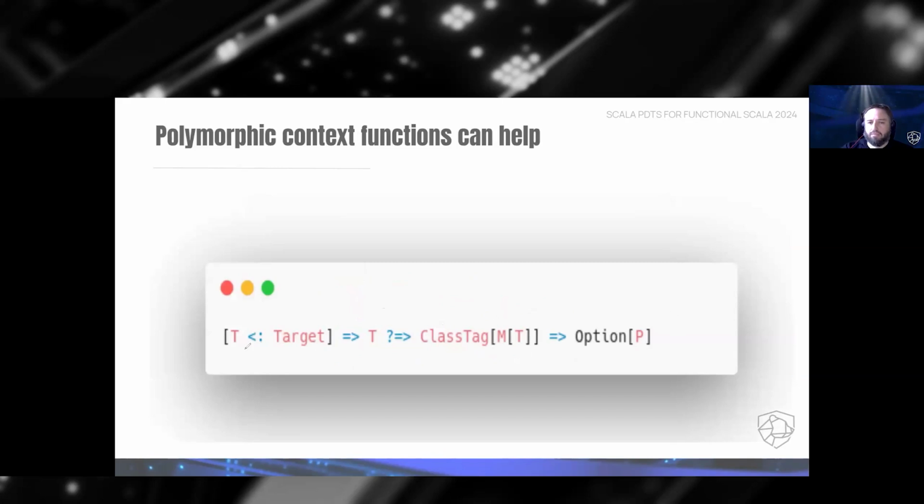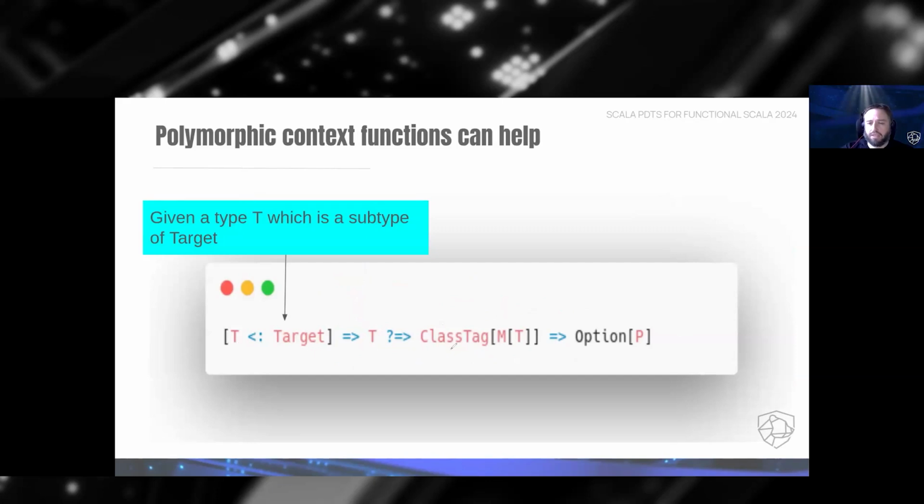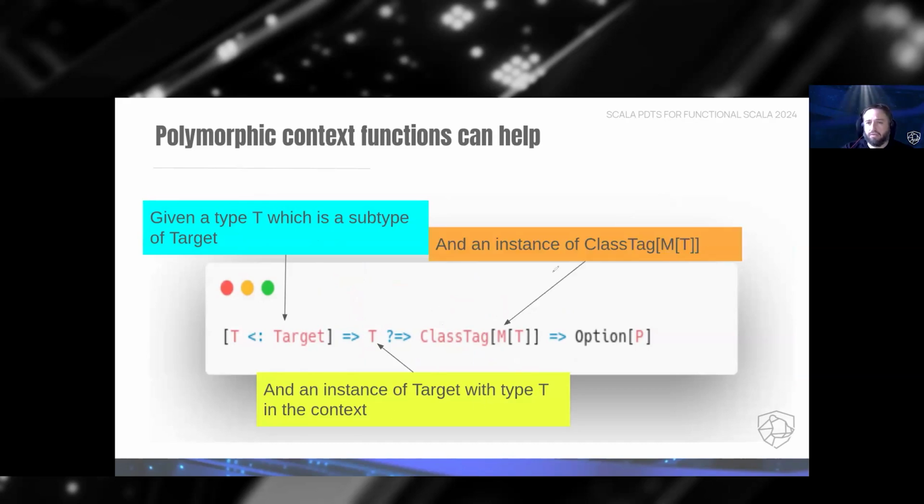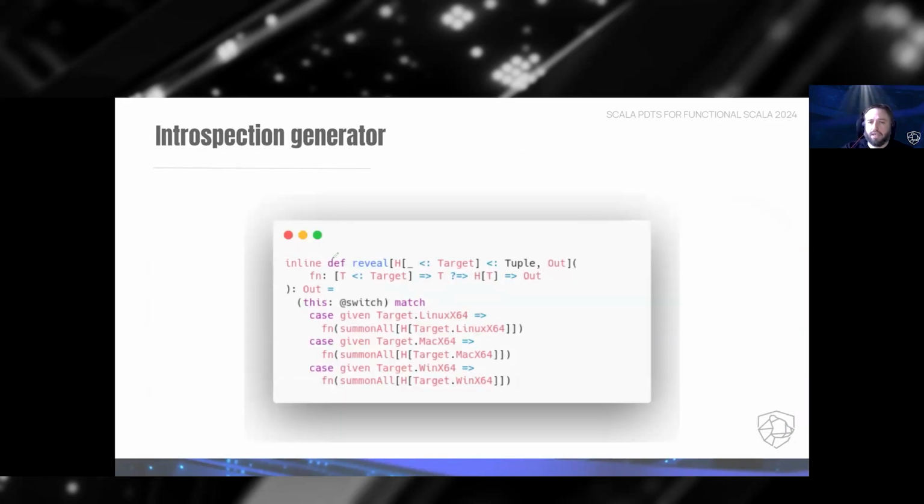And that type ends up resolving to something like this as a polymorphic context function type. So for all T, which is a subtype of target, and in the case that there's an instance of target with type T in context, and for a given class tag MT, where M is the mapping and T is the target, we can produce an option P. We can expand this generalized type in order to produce a helper function on target that allows us to summon class tags for the appropriate